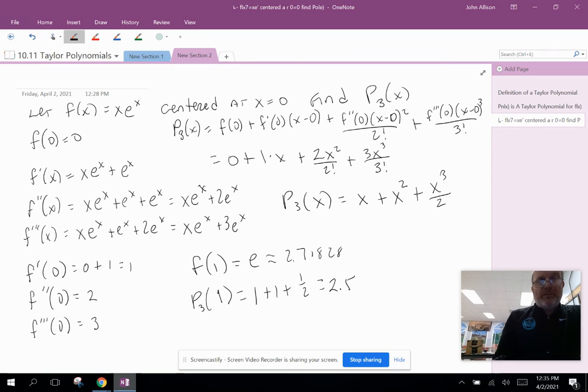The real value in this, though, is that we can use this third degree Taylor polynomial to approximate this function at something like f of 0.1. Since we don't have a clue what e to the 0.1 is, we can use this and say p sub 3 of 0.1 is approximately equal to f of 0.1. Approximately equal to, right? This is equal to 0.1, and 0.1 squared is 0.01. And then 0.1 cubed would be 0.001